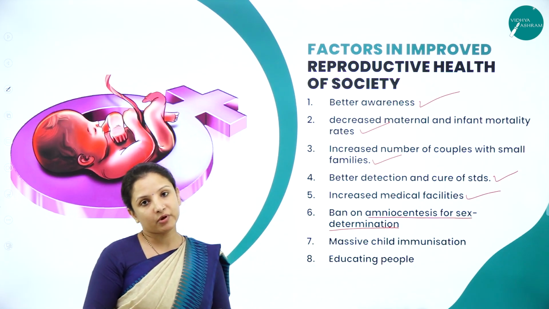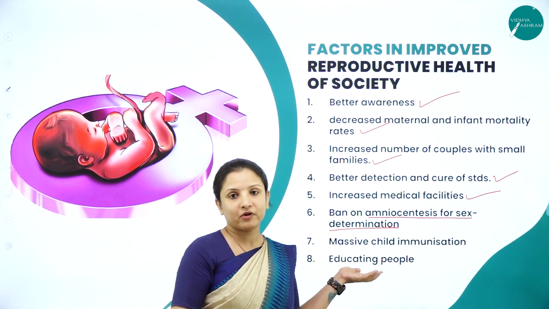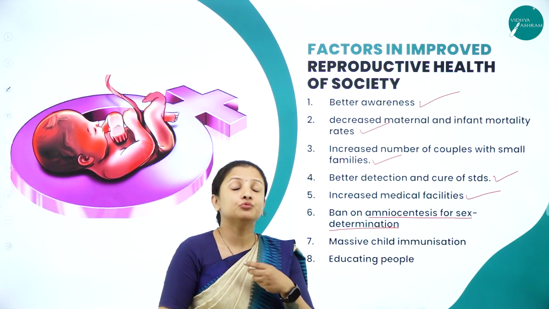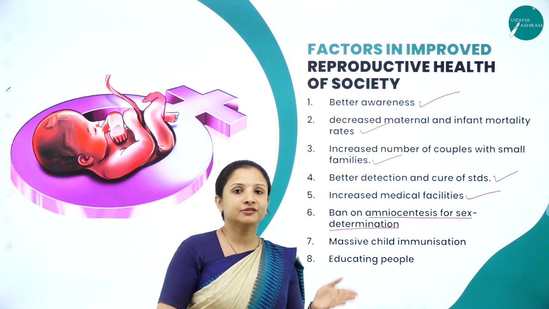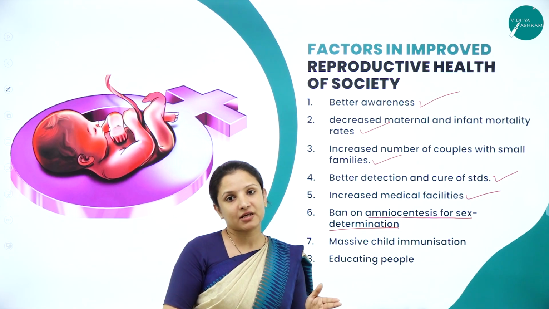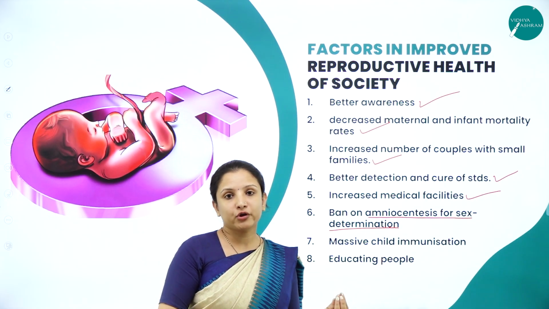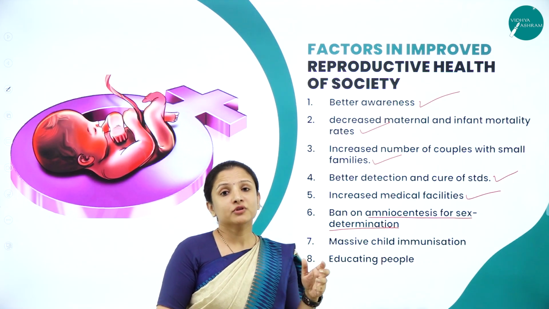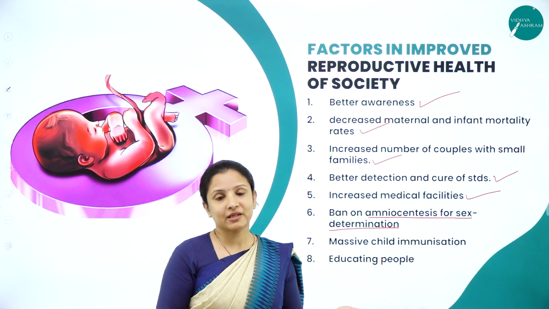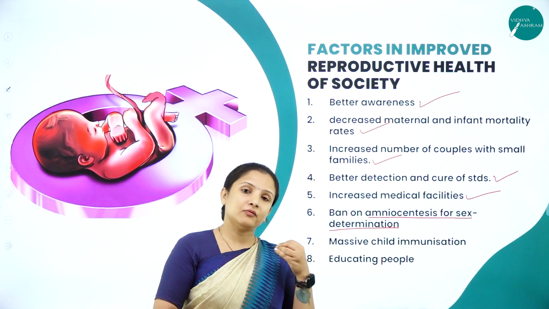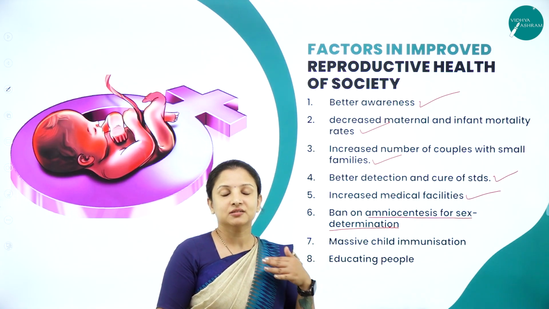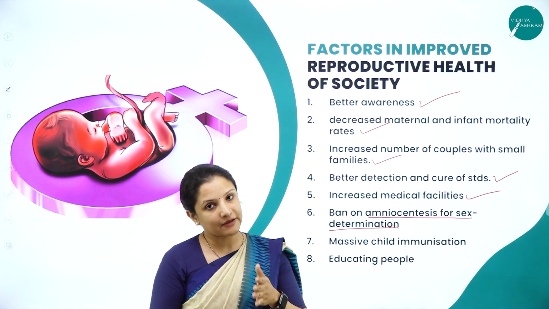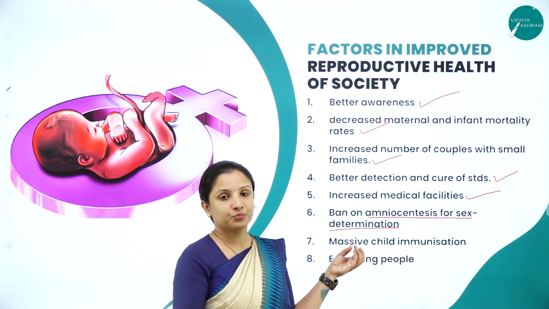Next is massive child immunization, because once we got independence, polio was widespread in India. But after years of massive immunization against polio, because of the polio drops and all that, nowadays we don't get to find polio itself, right? It is almost eradicated, and we can control it because of vaccines given prior to getting the disease, at a very young age, when children of 1 to 5 years can get their polio drops to prevent this disease.